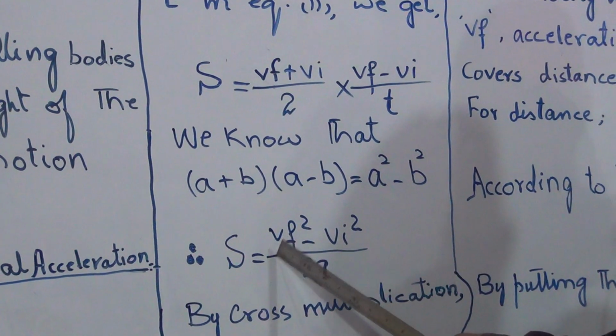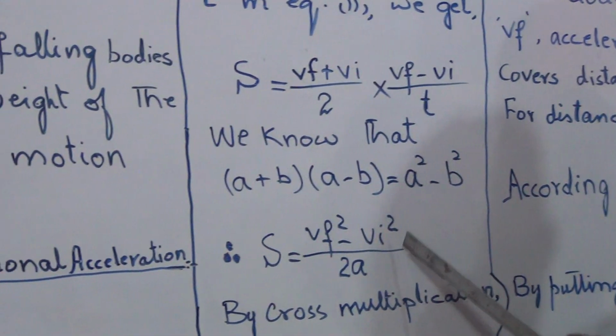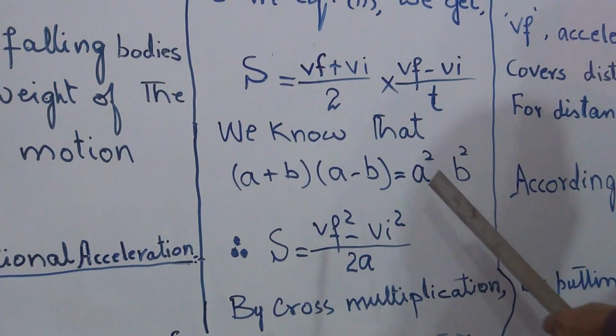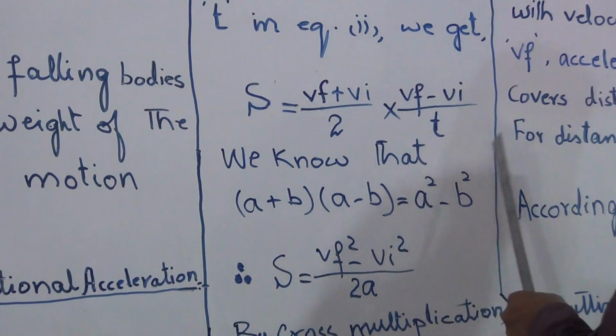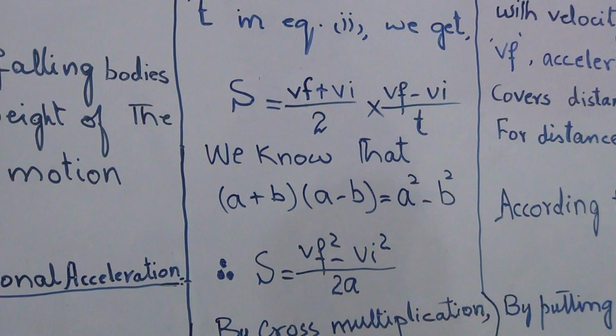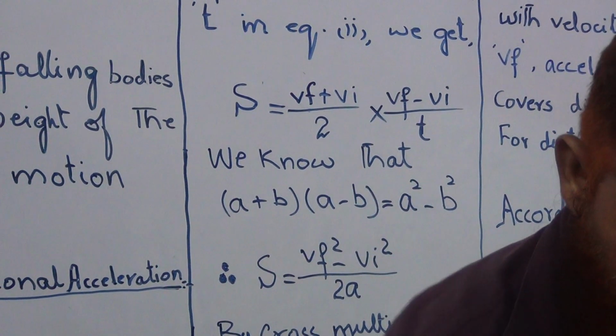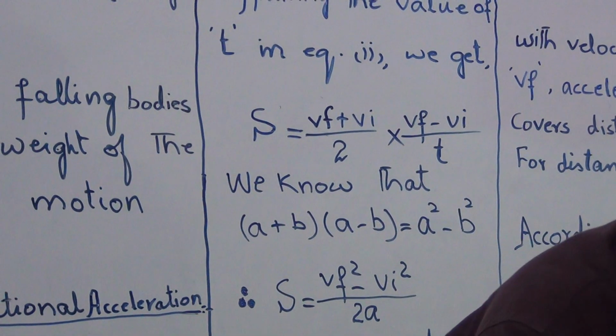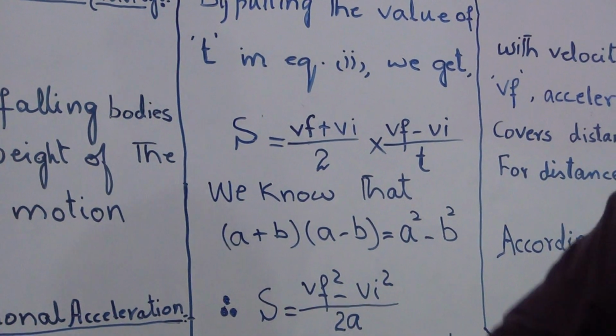It becomes Vf square minus Vi square, and 2 will multiply with A. So we write A and multiply by 2. It becomes